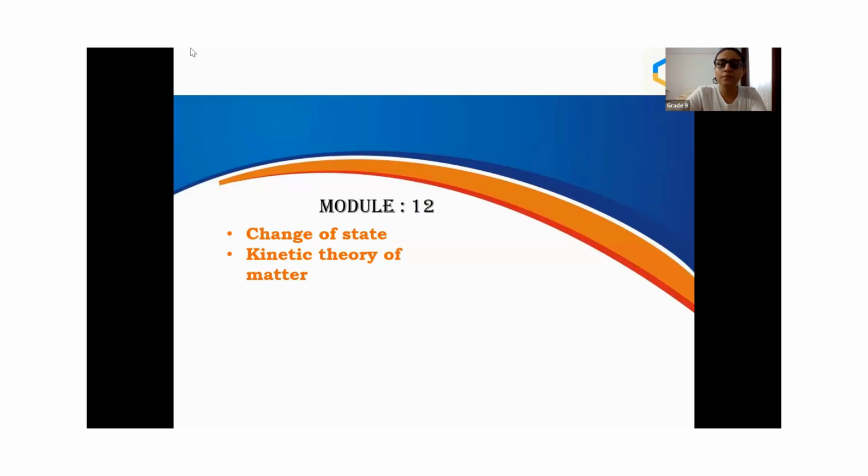How is it responsible for the particles being changed from one state to the other? Okay, by heating or cooling, yes, but heating or cooling is the method by which we can change one state to the other. But what are the factors? Okay, we will see that in this module. All right, so